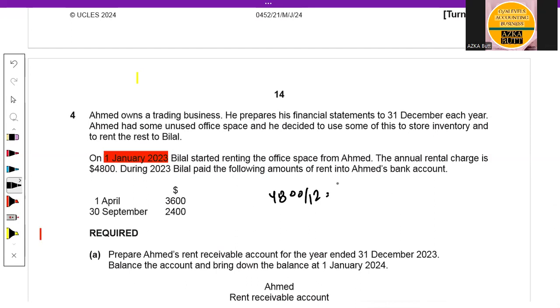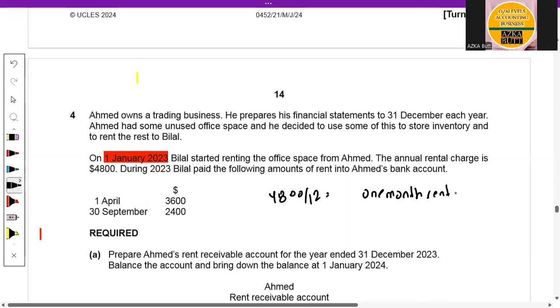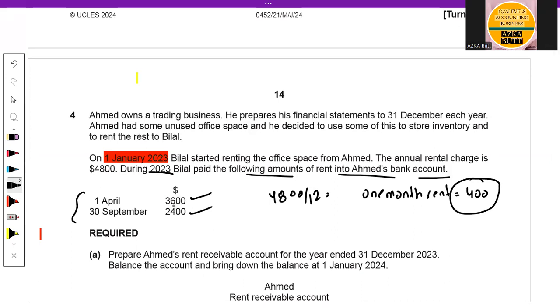So it means that 1 month rent is 400. During 2023, Bilal paid the following amounts of rent into Ahmed's bank account. So these are the amounts. On 1st April, he paid 3,600, and on 30th September, he paid 2,400. So for 1 month, the rent should be $400. So if he paid 3,600,